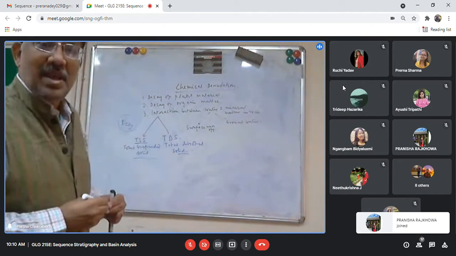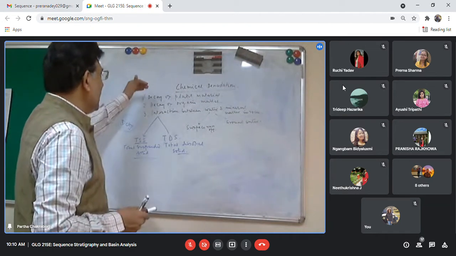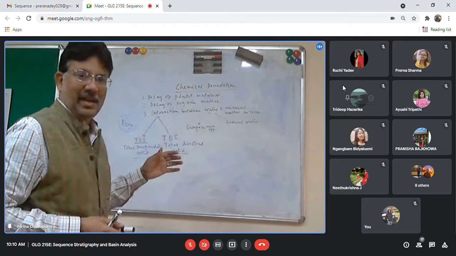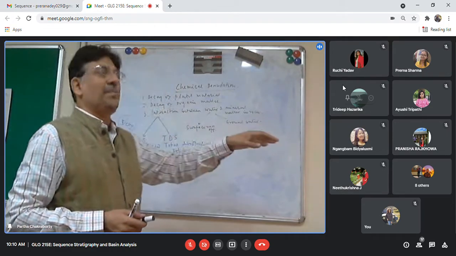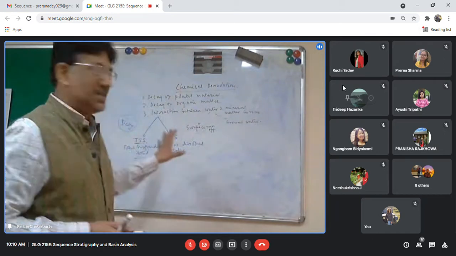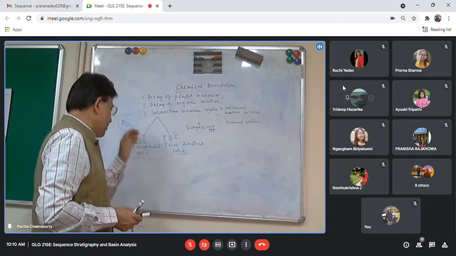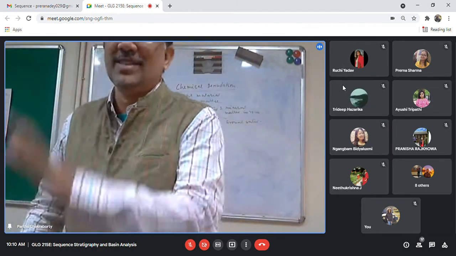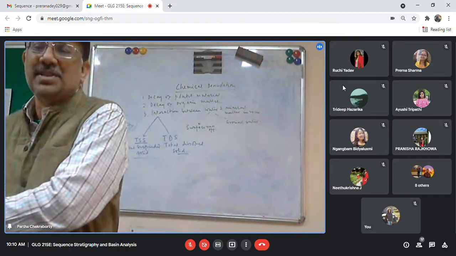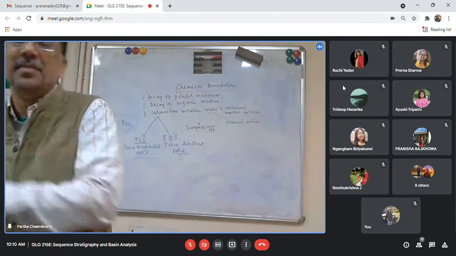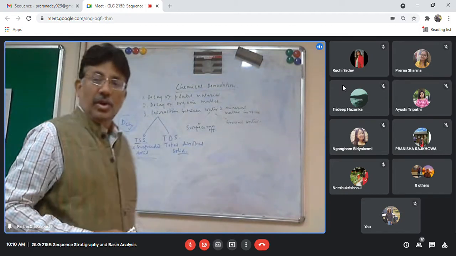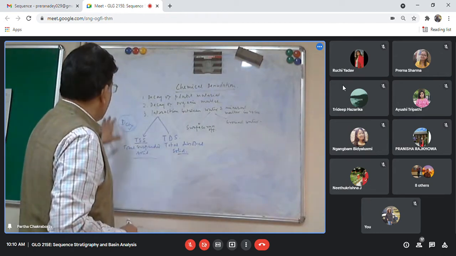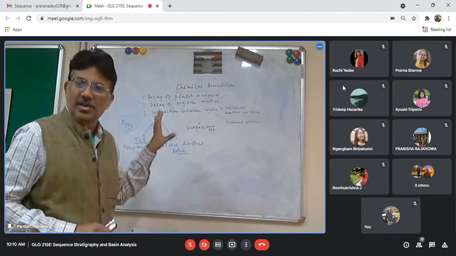Now, in this chemical denudation, what we are discussing is the decay of plant material, the decay of organic matter, and the interaction between water and the mineral matter in the rock, whether surface runoff water or groundwater. They are basically responsible for the release of total suspended solid and total dissolved solid in the water system, which is carried into the basin, any form of lacustrine, marine, any basin. Okay. Now, this is the general pattern of it.